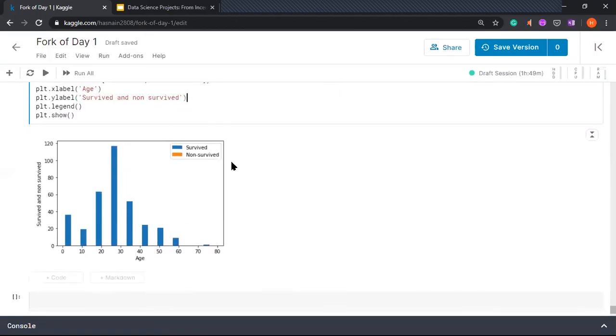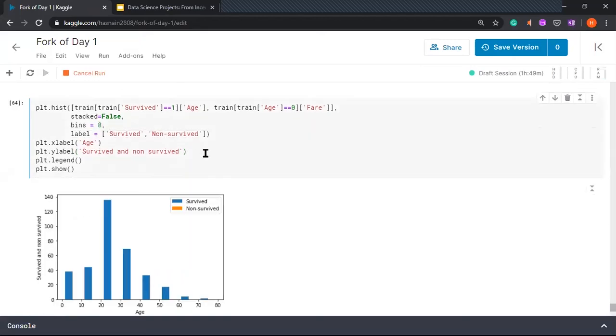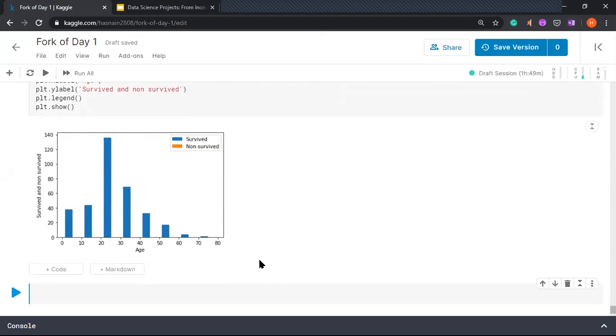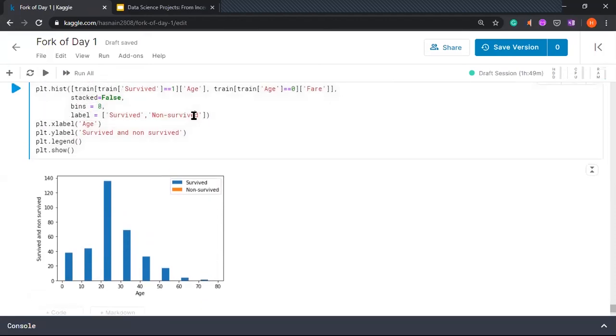Anyways, what we are telling it is to change the number of bins to 8, just because we know that there were only people up till 80 years of age. So what happens here is we have plotted the people who have survived. When we do this, we see that for people from the ages of 20 to 30, a lot of people have survived, and in the other parts, fewer people have survived. So we need to print it properly. Need to check it again.